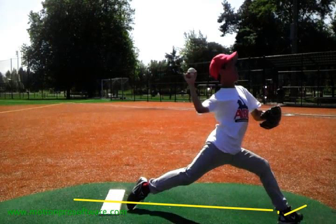Practice stepping on a line and just draw a line in the ground. It'll give you immediate feedback of how your foot placement is in the dirt after you draw that line. The other thing we're looking for at foot strike, or the loaded position, is that our shoulders stay nice and closed. Okay, again, your foot and your glove should be in line with each other,